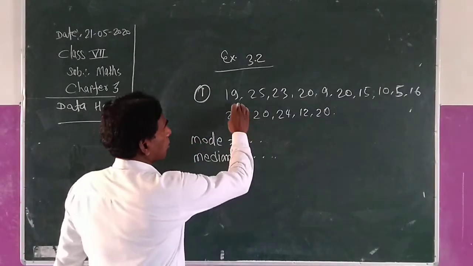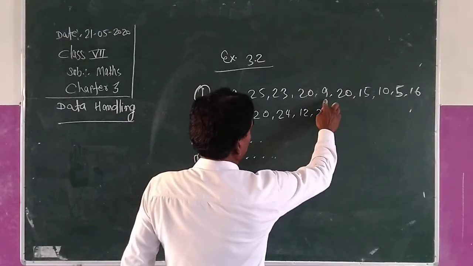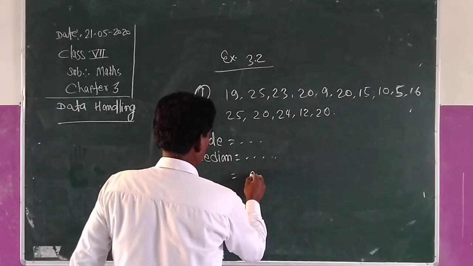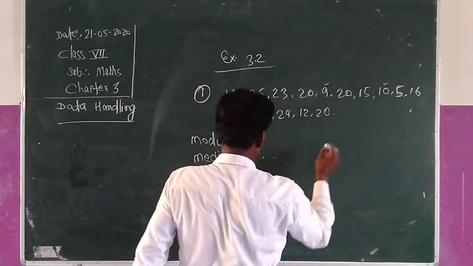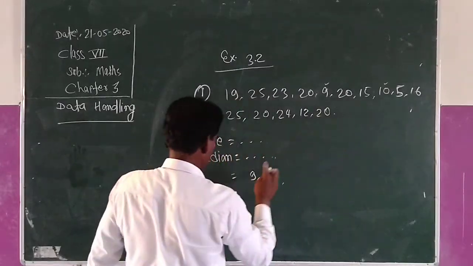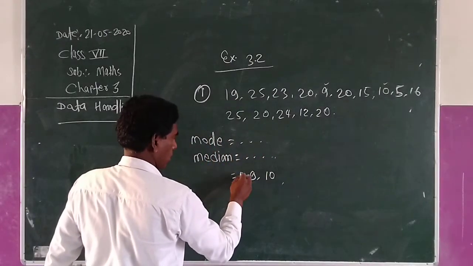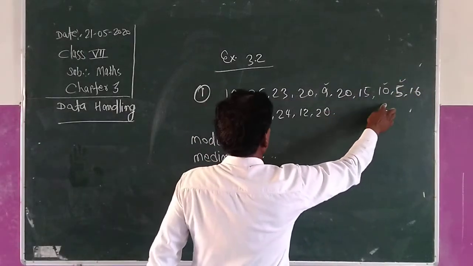First, you arrange the given numbers in ascending order. The smallest number is 5, then 9, 10,